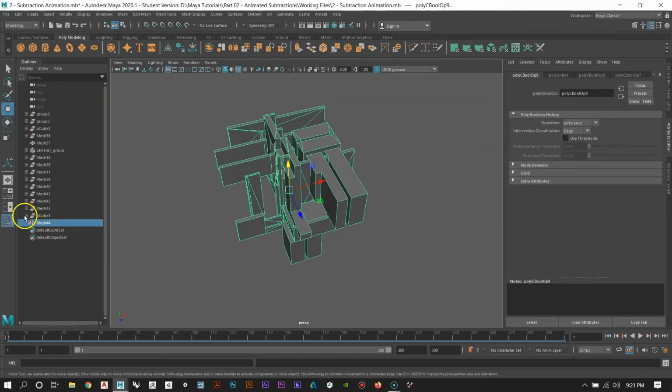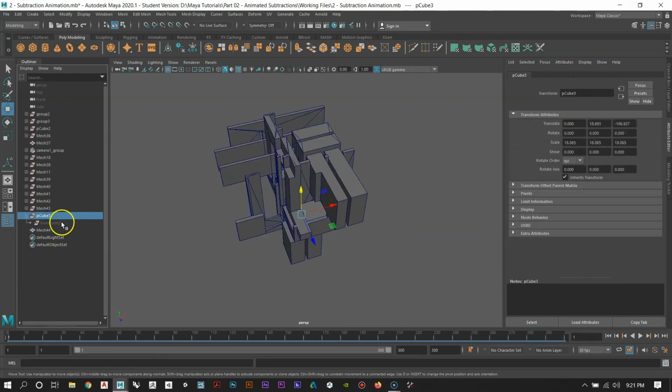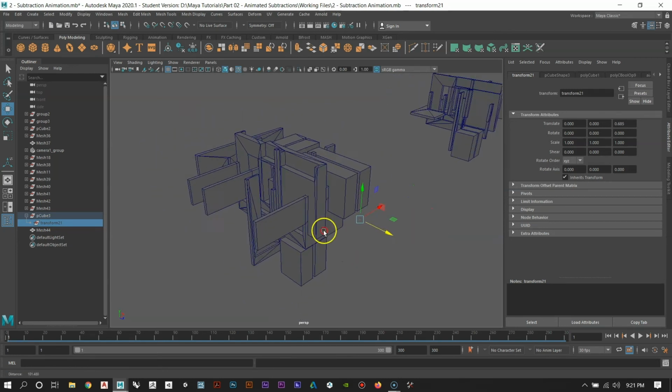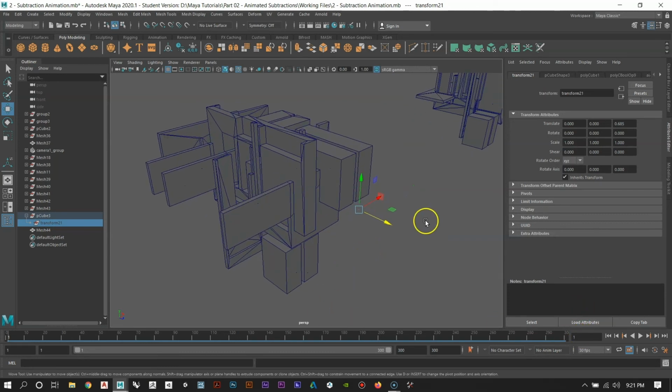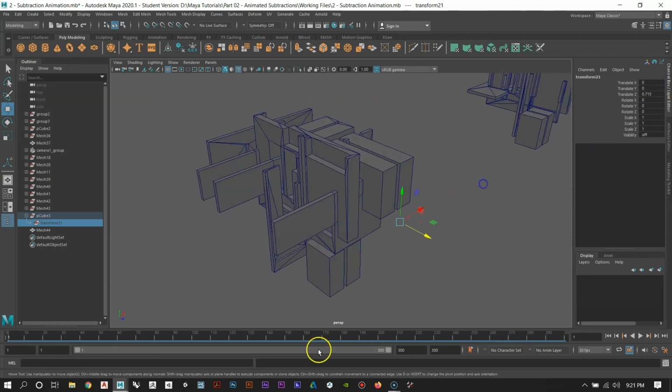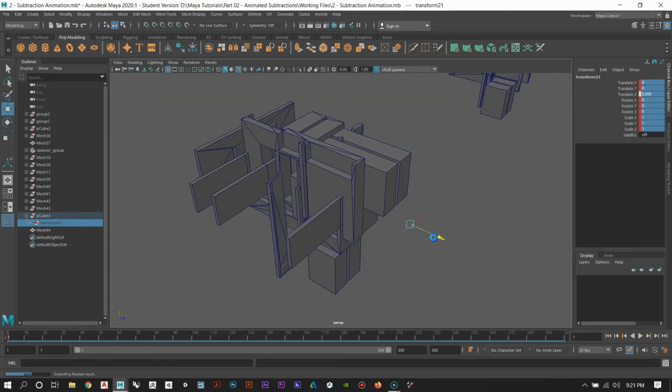And so again, under your P cube 3, which is that cube that we created here, select the transform tool, and you can start to animate this as well, right? So I can keyframe it out here at frame 1, just before it starts to touch that cube. I'll go into my channel box, frame 1, select it all, key selected, and then we can start to animate this thing. So I'll push it inwards,